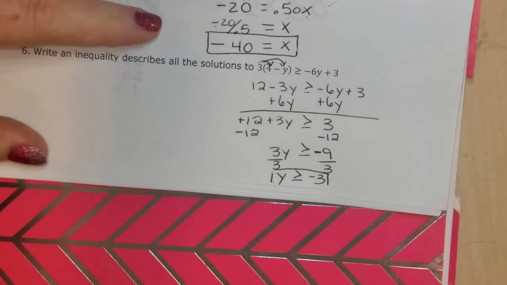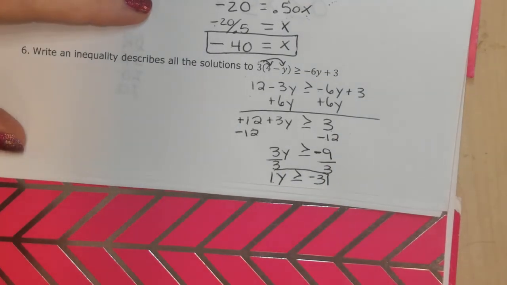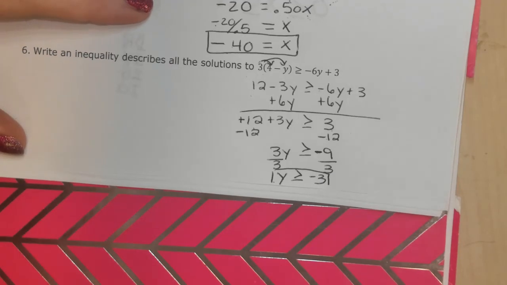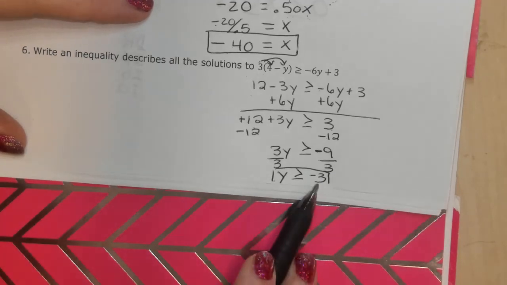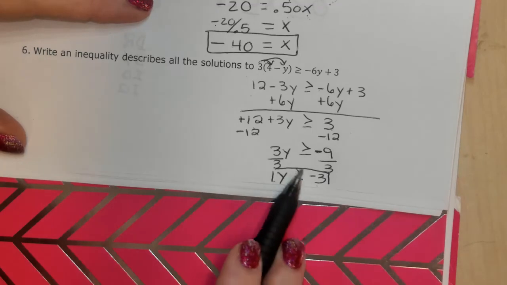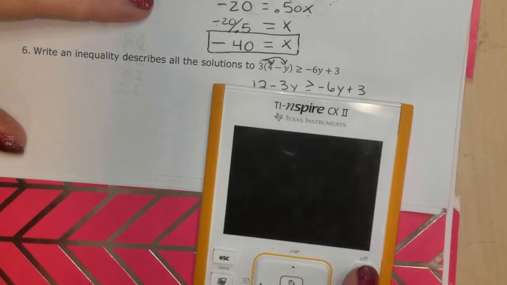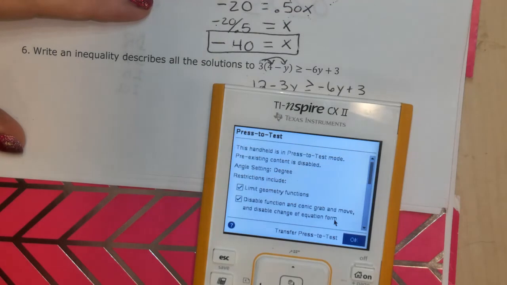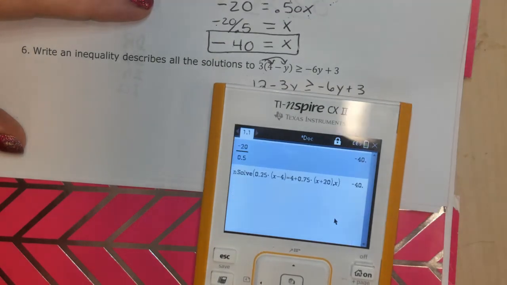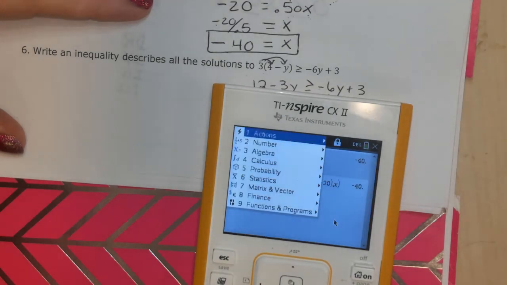Now, you could check this in InSolver and treat it as an equation, and it's going to give you what y is equal to. So you could check your math, but it's not going to tell you the inequality. It won't do that. It's going to check your math and you'll get the negative 3. So I'm not sure InSolver is really that big of a help on this problem. So let's see. Menu, we're in algebra class,